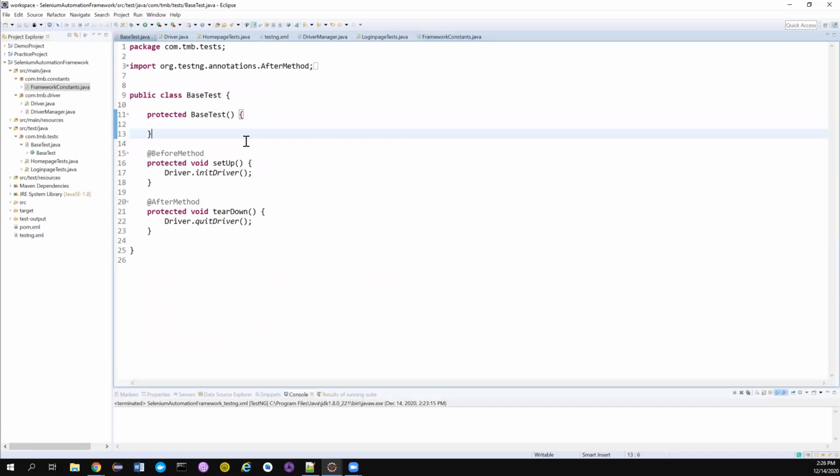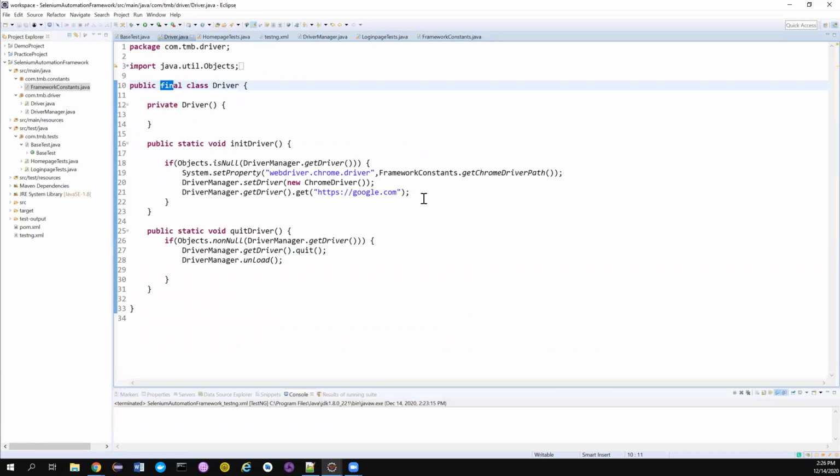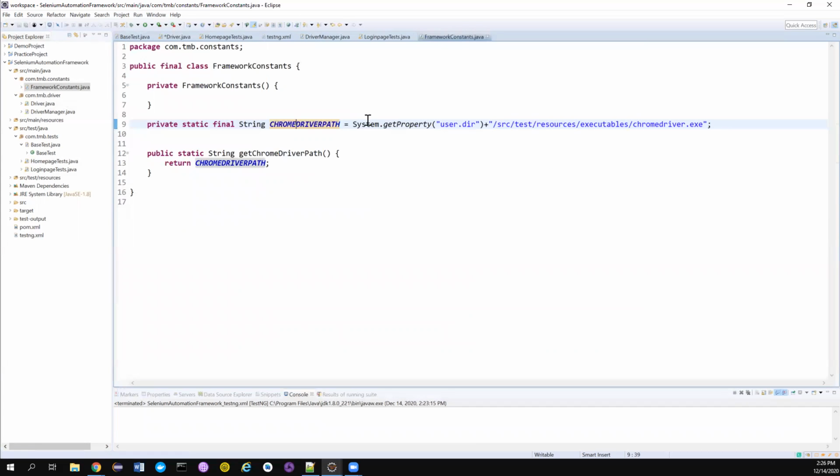Now we want to add a property file. Again, I'll tell you why. In our driver class, we are still hard coding. One of our rules is never hard code, right? So what I can do is simply cut it, and then open the FrameworkConstants and create a new variable, private